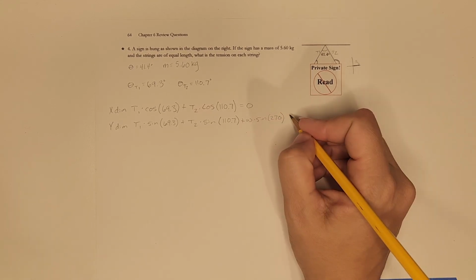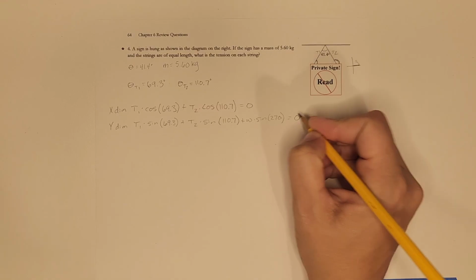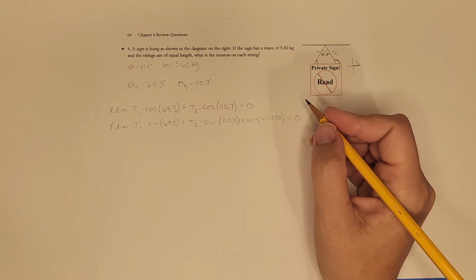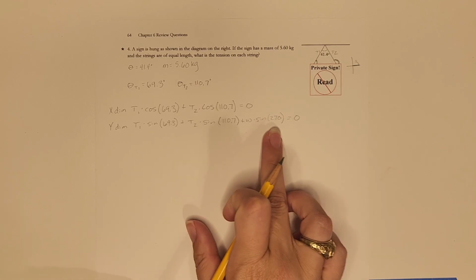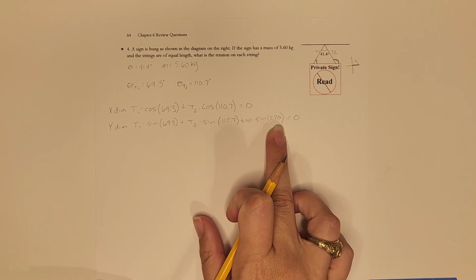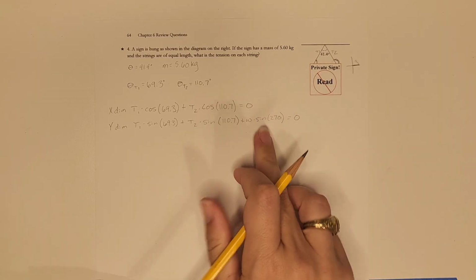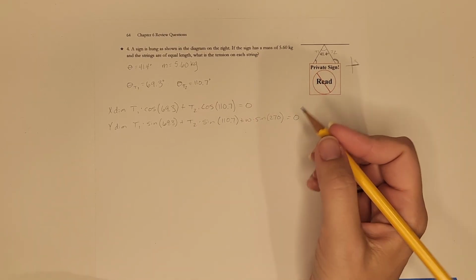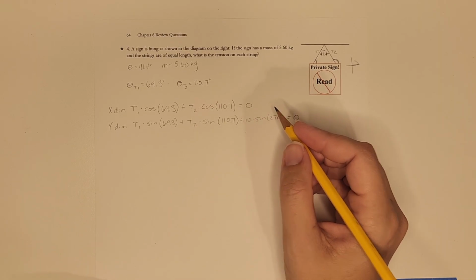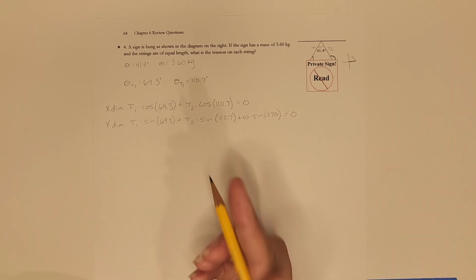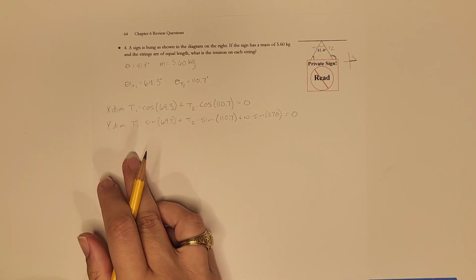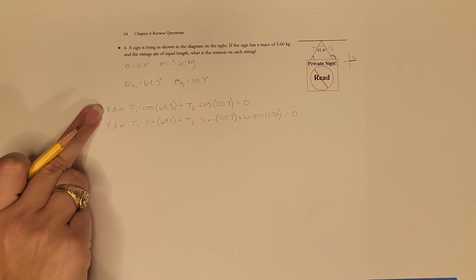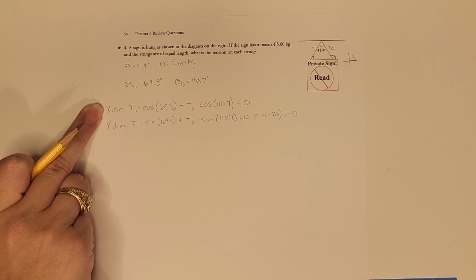Okay, and all of that is equal to 0. So sine of 270 is always going to equal -1, just so we know that. Okay, so now we're going to solve for T1, and so we're going to take this simpler equation and solve